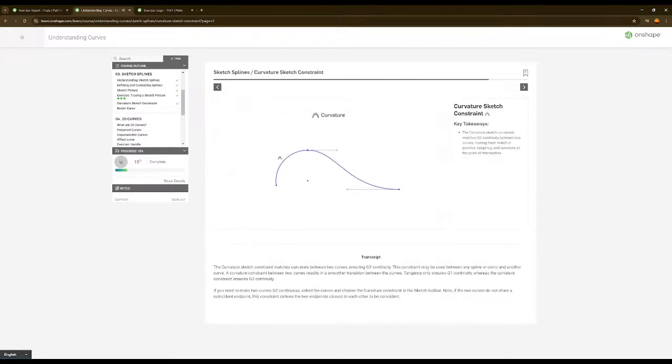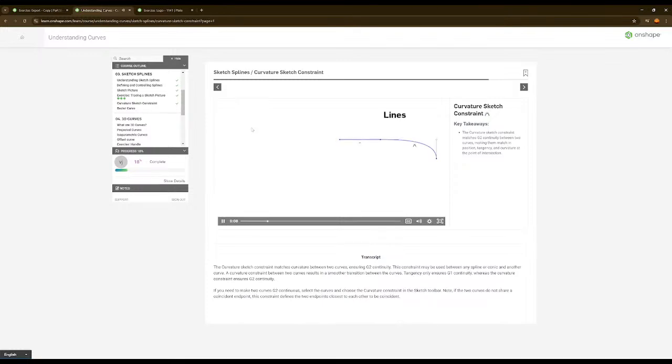The curvature sketch constraint matches curvature between two curves, ensuring G2 continuity. This constraint may be used between any spline or conic and another curve. A curvature constraint between two curves results in a smoother transition between the curves. Tangency only ensures G1 continuity, whereas the curvature constraint ensures G2 continuity.